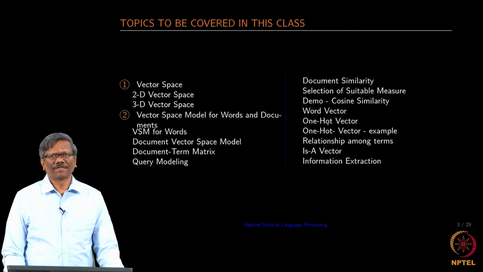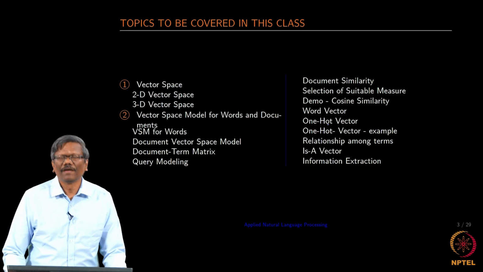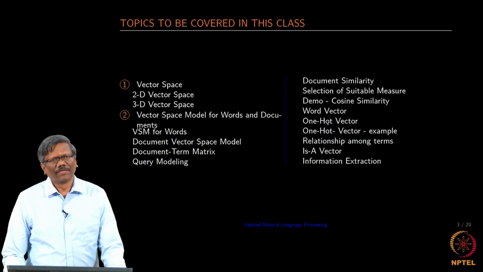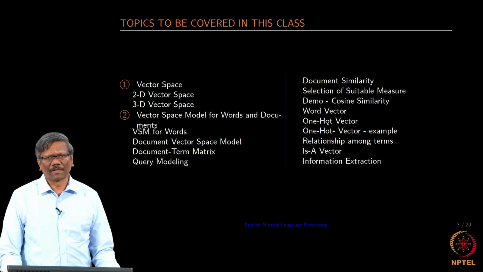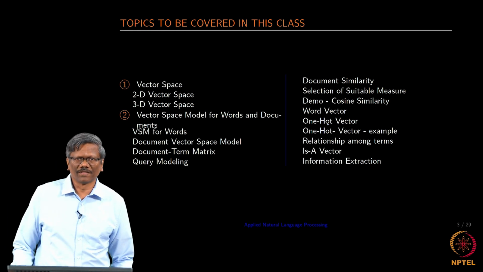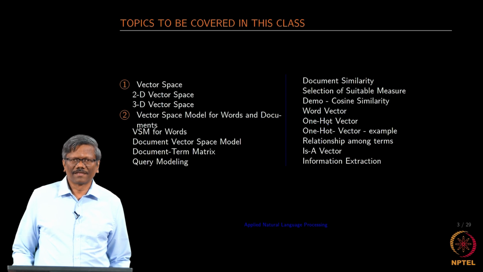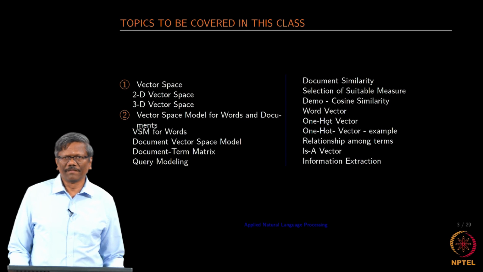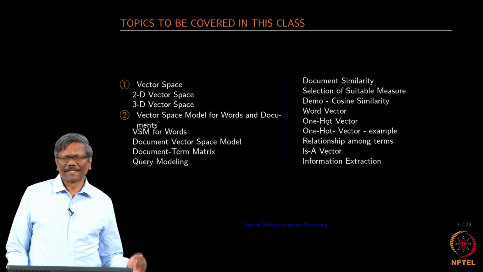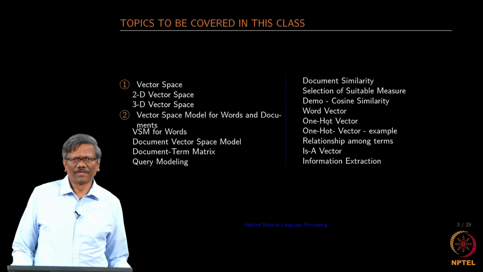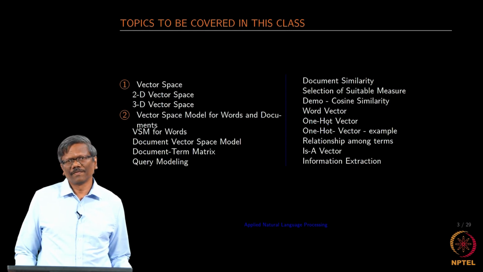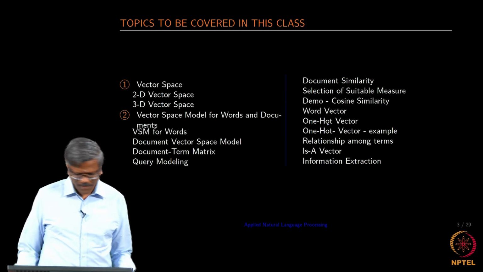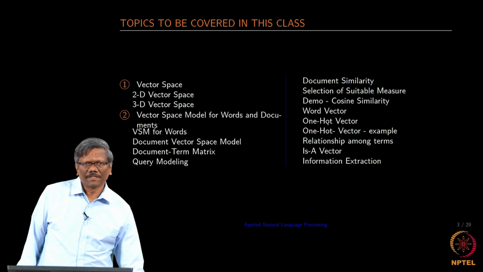and then we will introduce what a word vector really is, and then represent them in terms of a one hot vector, and then later we will bring in the concept of how we represent relationships among the terms with respect to either relationship or some composition based operations and so on. And finally, we will show one example of why this could be useful in terms of named entity extraction using the information extraction model. Okay. So, let us move on to the first